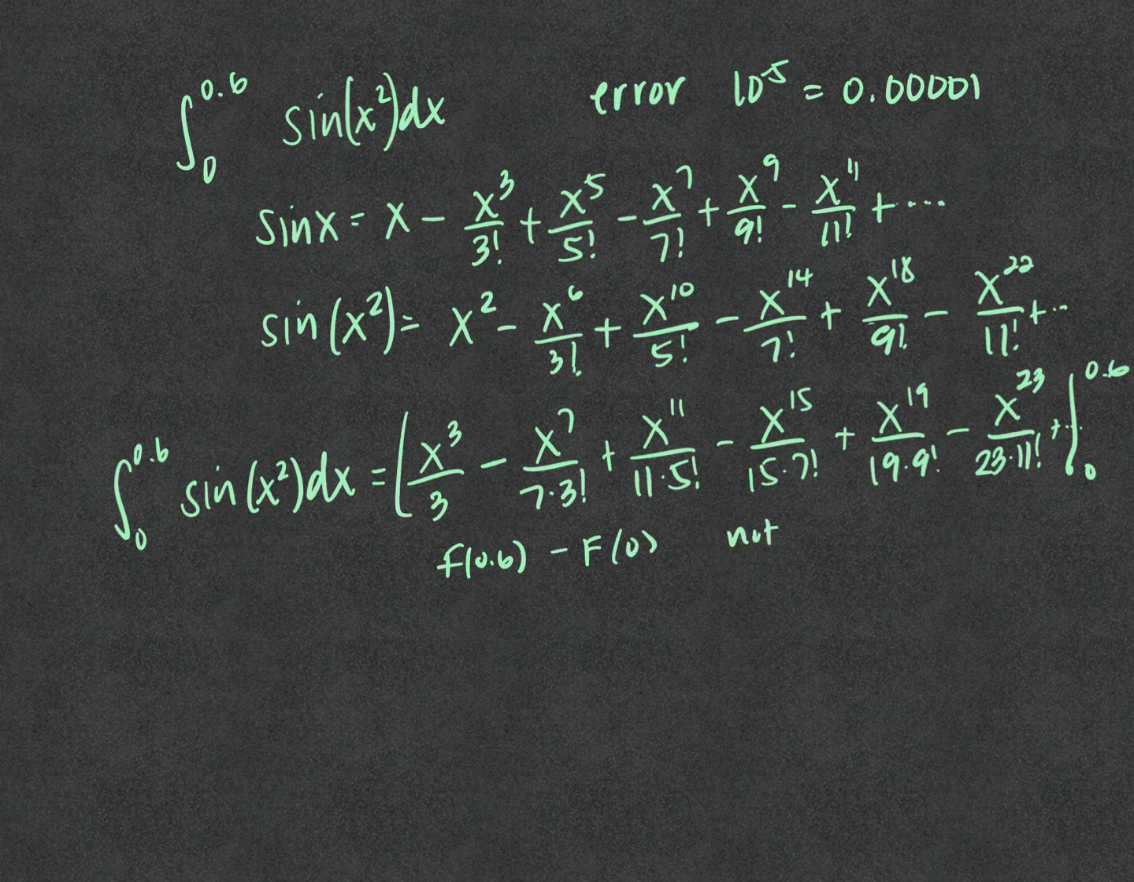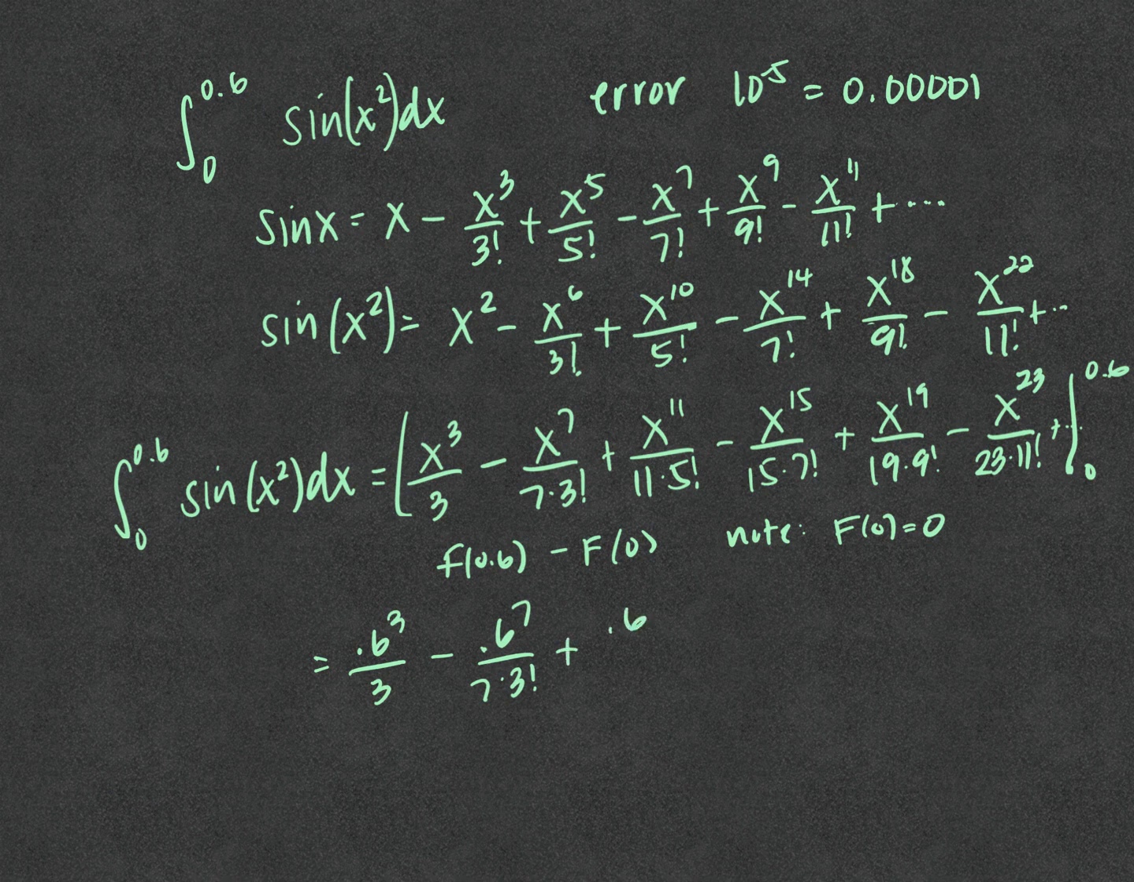And note, f of 0 is 0 because you're putting a 0 everywhere there's an x. So all of those terms have zeros on the top, therefore it is 0. So let's talk about f of 0.6, which is really the part we need. So we're going to say this is 0.6 to the 3rd over 3 minus 0.6 to the 7th over 7 times 3 factorial